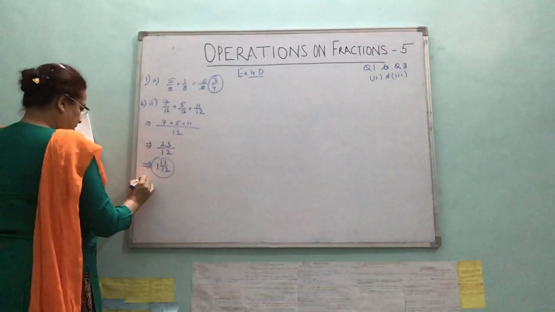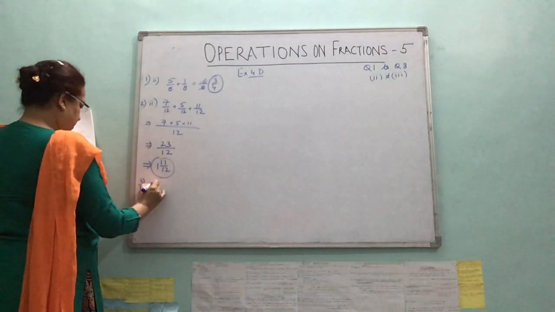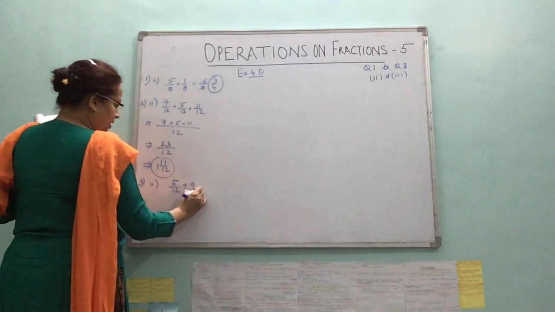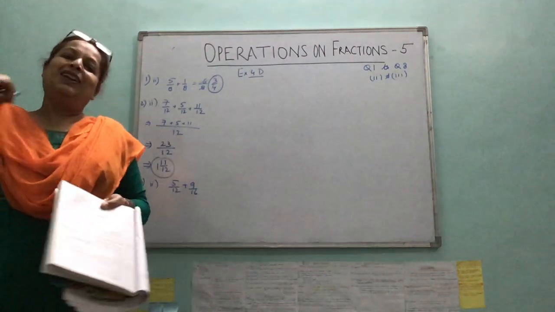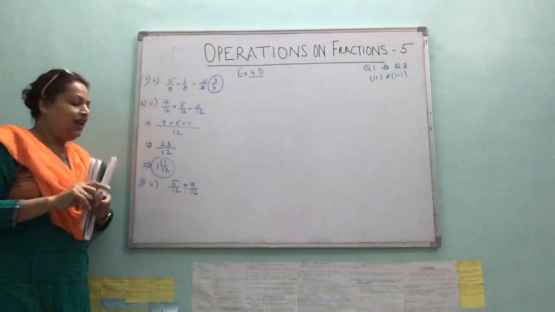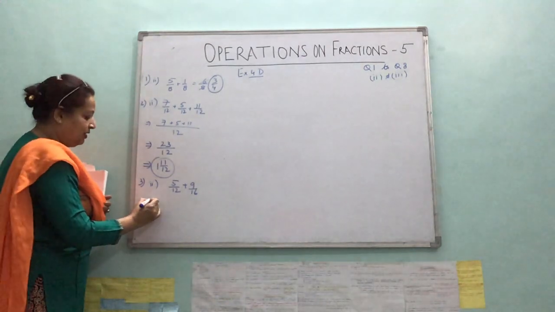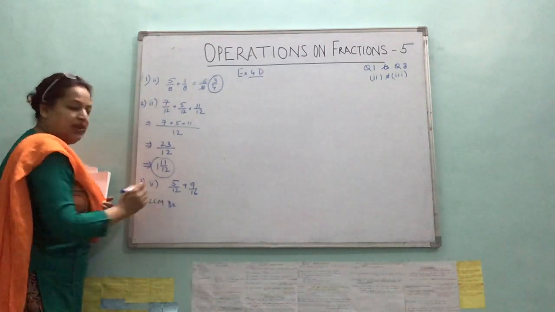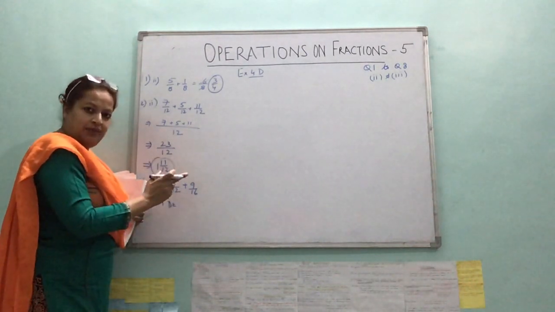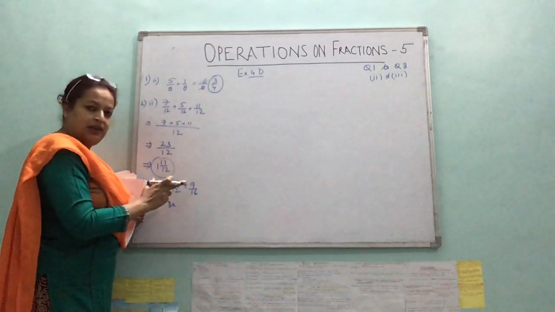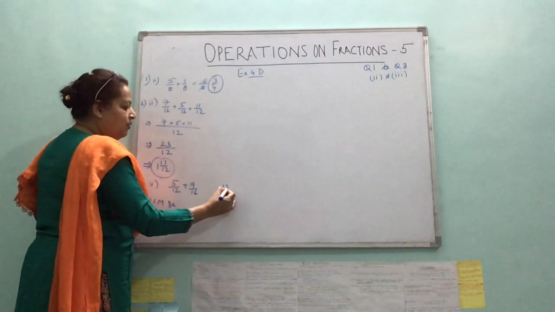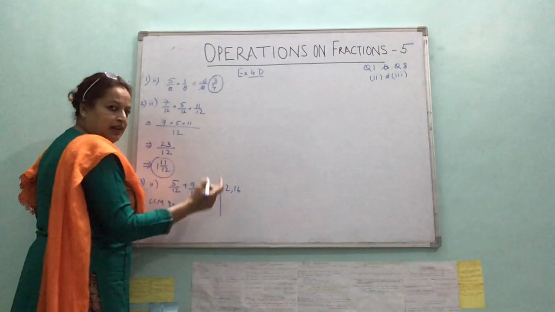Right, children? Question number 3, second part. Now let's see. 5 by 12 plus 9 by 16. There it is. Now these are unlike fractions. Unlike fractions, we cannot add directly. Your work is to find the LCM of the denominators. I have said for smaller numbers you can handle it orally also. Now start thinking multiples of 16. 2 times is 32, 3 times is 48. 48 is also a multiple of 12. Otherwise, children, do not worry. Find the LCM by the common division method.